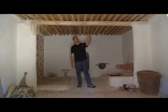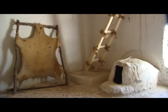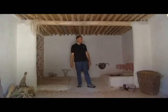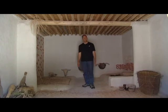The ladder going up to the roof because the only way to enter and exit the home was by way of an opening in the roof. Also, there was an oven made out of a mud-like substance that was used. The only way for the smoke to go out, the only opening, was the same doorway used to enter the home. Also, we have different containers here modeled after what has been found in this excavational process,